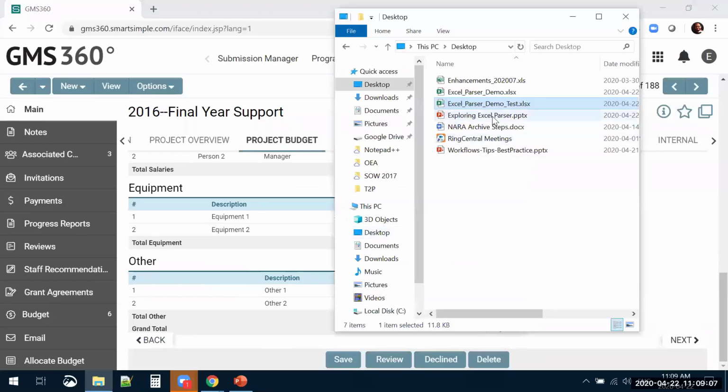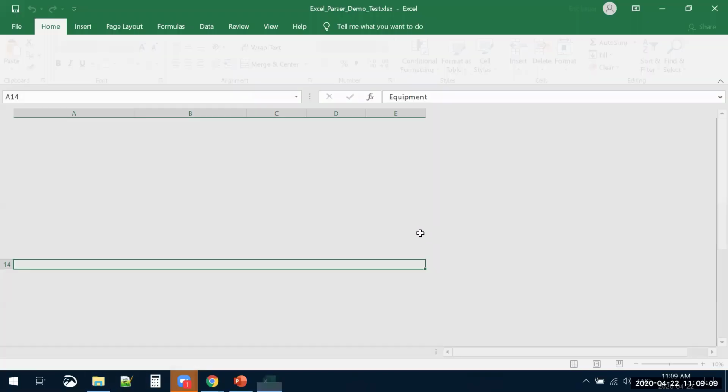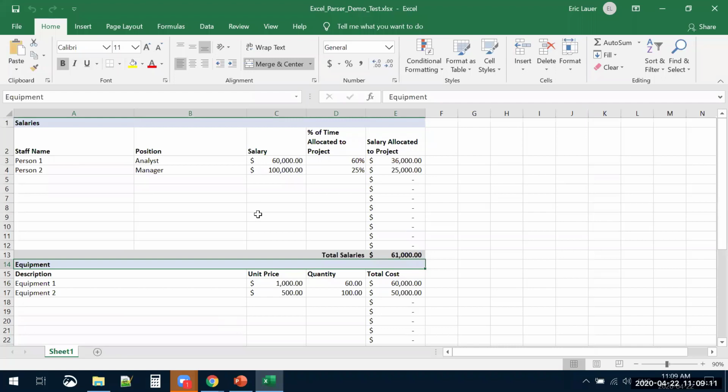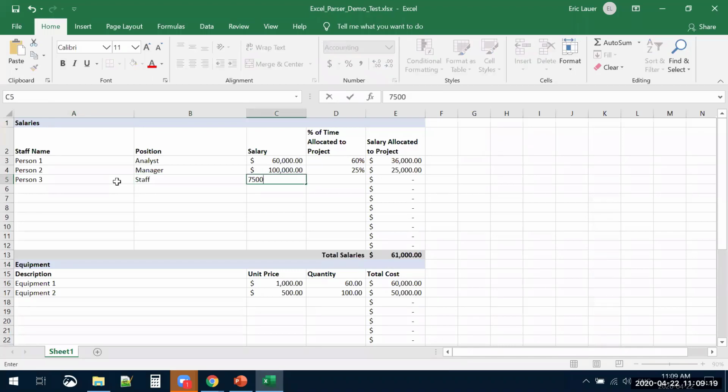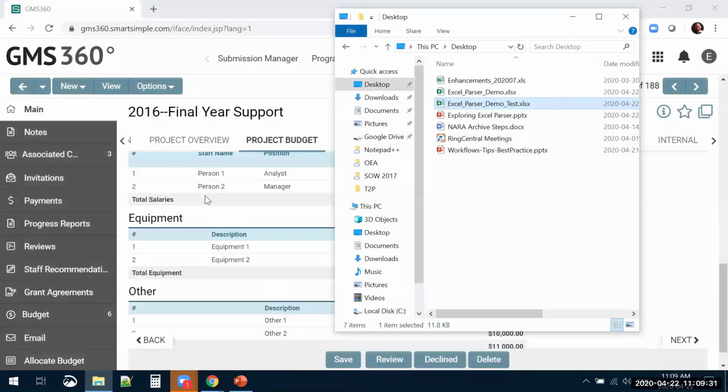Just to show you, if I open the filled in results, I could add person 3. Let's split the difference here. We'll maybe say it at 30%. So there's my file. I can save that. Okay, I can close it. And if I re-upload it,